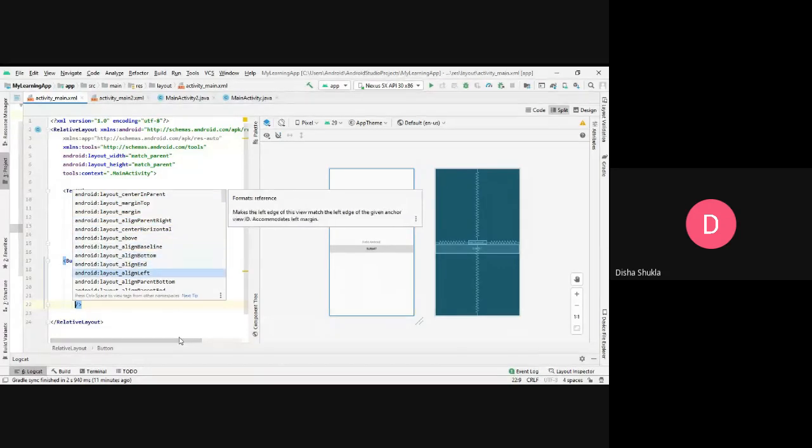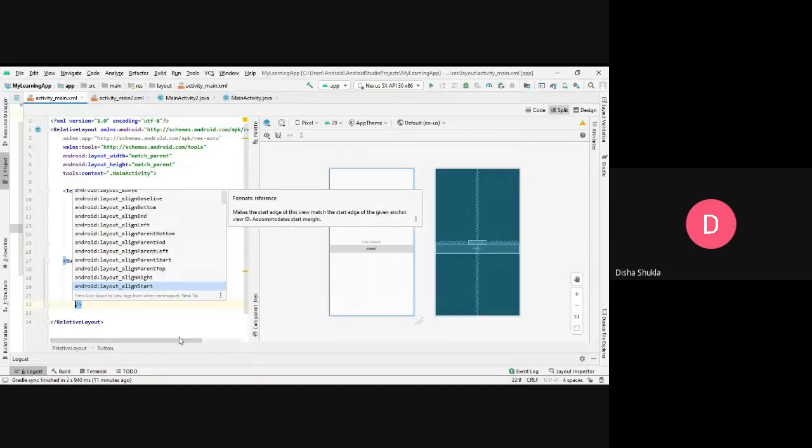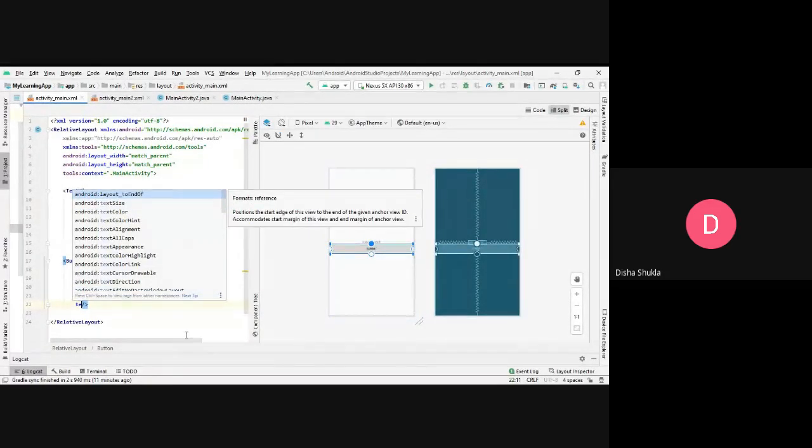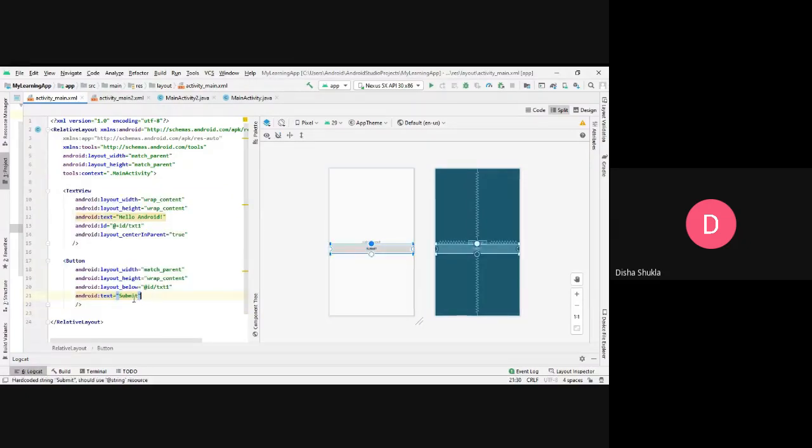Besides that, I have lots of other properties that are possible over here. All these things are for aligning or putting your particular button at different points. And if you want to set the text size or text color or anything like that, that also is available. You can see here text size, text color, hint, alignment, all caps, appearance, etc. You can format that particular button as per your wish. But for right now, I'm just putting this button and I want to use it.